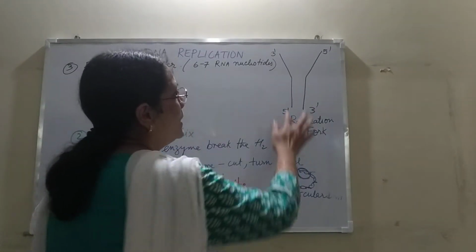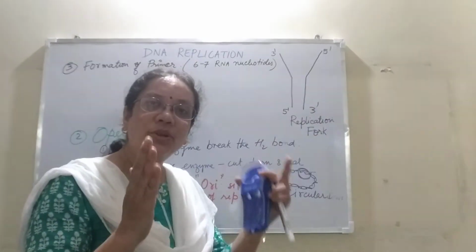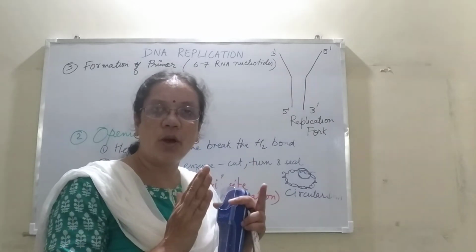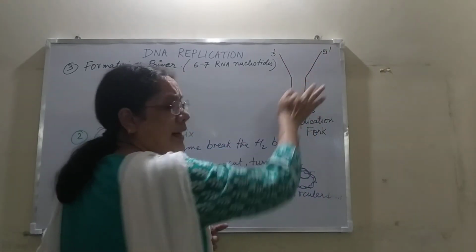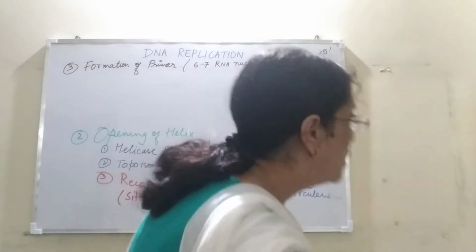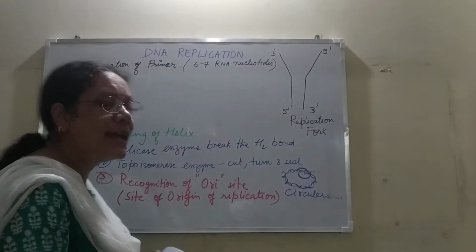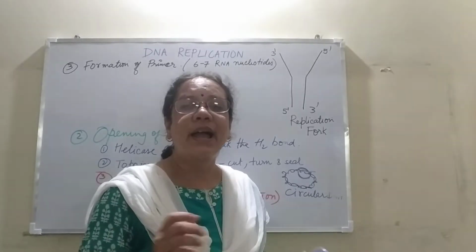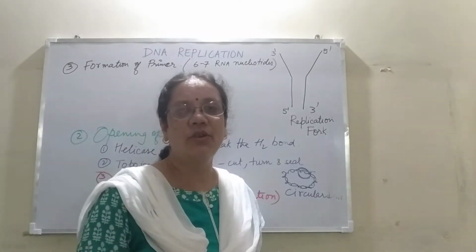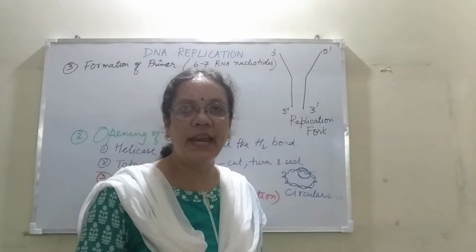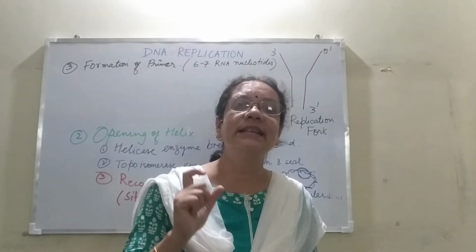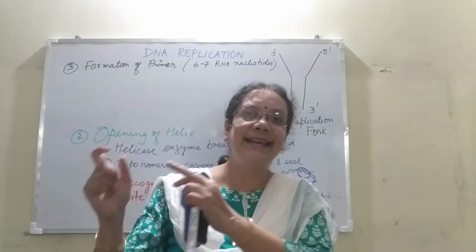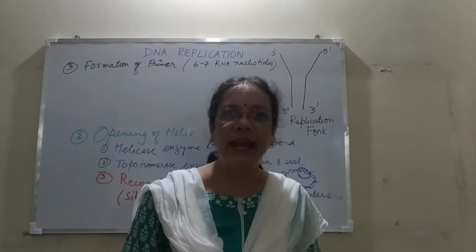Now these are called the parent strands. Both the strands are going to make their own copy. So the new strand will be formed here. Clear? Now, the RNA primer, why is RNA going to come? Why not a small piece of DNA? Because we have to make a copy of DNA. Now RNA attachment with the DNA is much faster than a DNA attachment with a DNA.